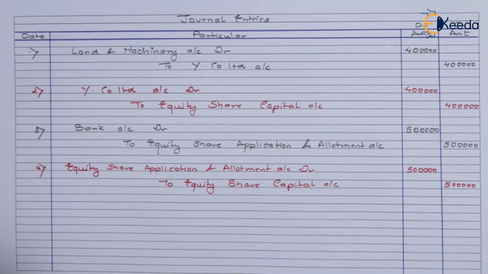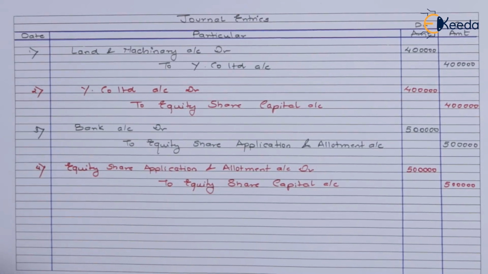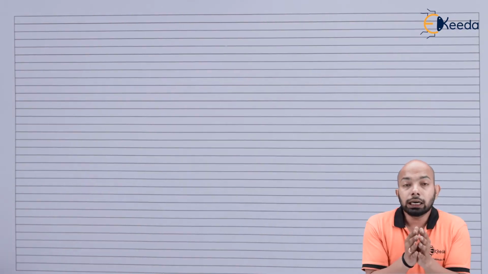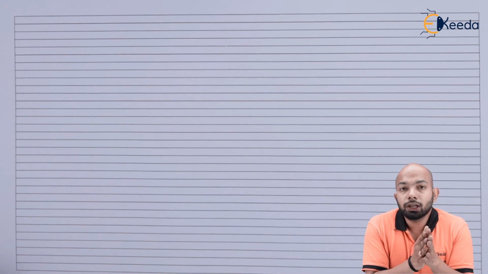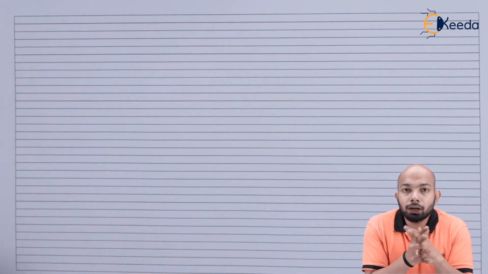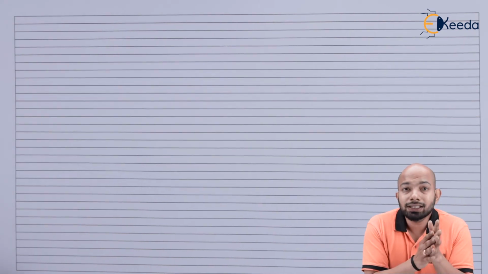So before that, we need to prepare notes to account, that is the working on balance sheet. So let's start with the working on balance sheet first. When we're talking about working on balance sheet, we are talking about the items that will be a part of the balance sheet. There will be certain additions, certain subtractions, certain workings that we have to do. So let's phase that out now.